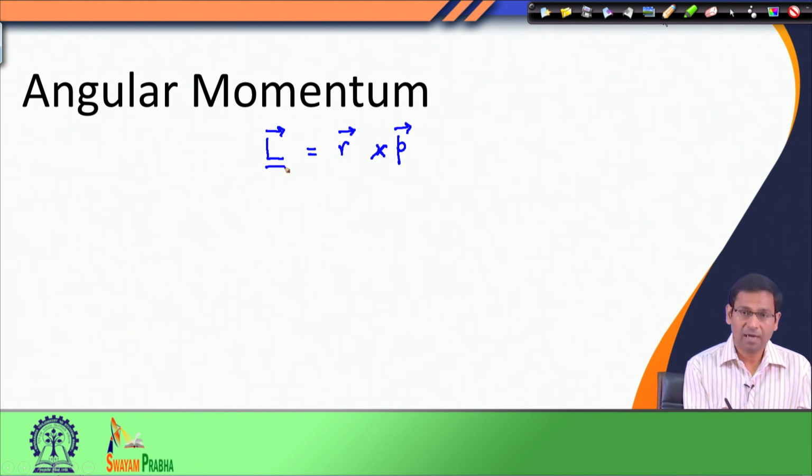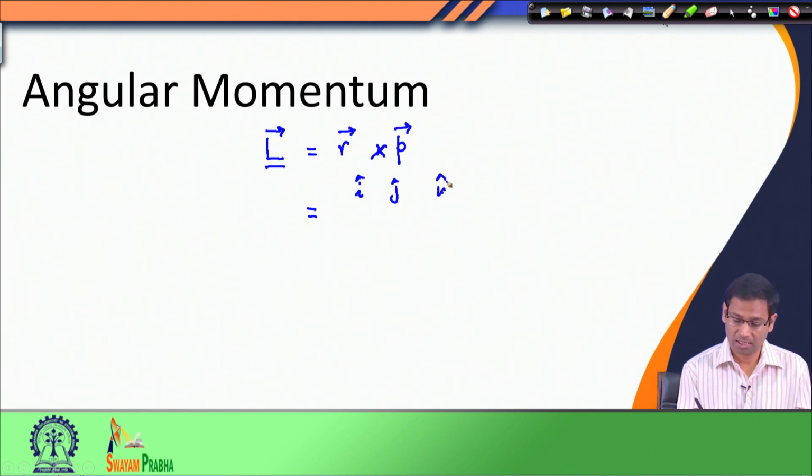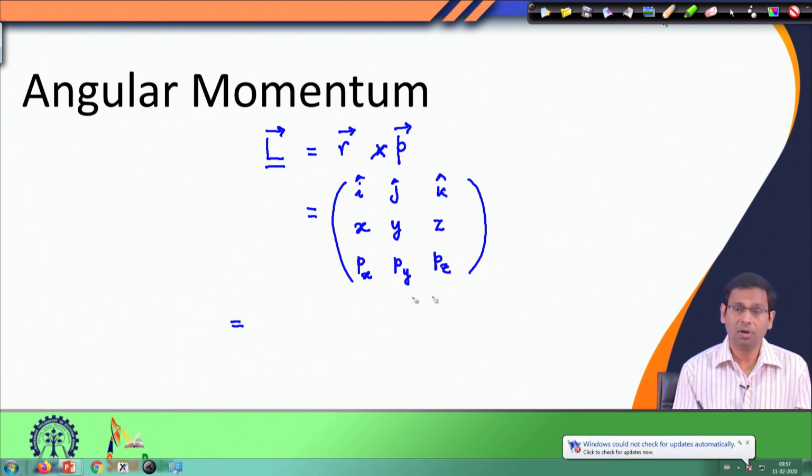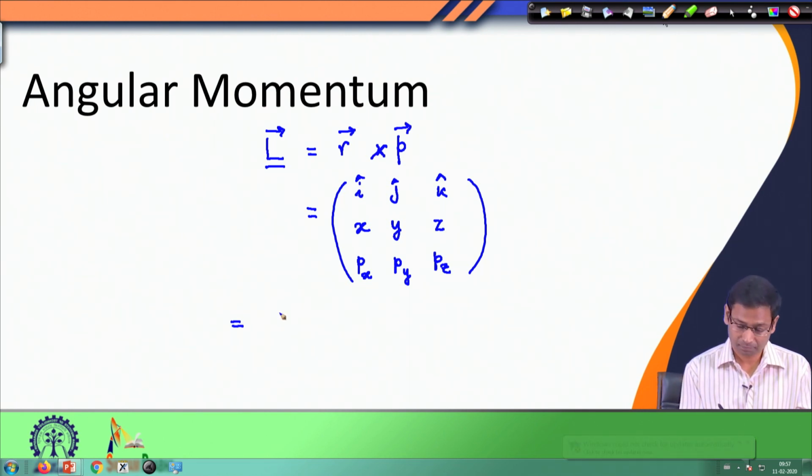When we try to find out the functional form of this angular momentum vector, we know from vector algebra. So, we write down i, j, k, these are the unit vectors along the x, y and z axes. The r vector has 3 components x, y, z. The p vector, the linear momentum, has 3 components p x, p y, p z. When we look at this operation, corresponding to the i unit vector, I have